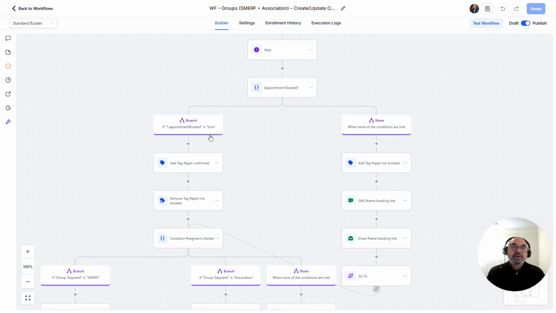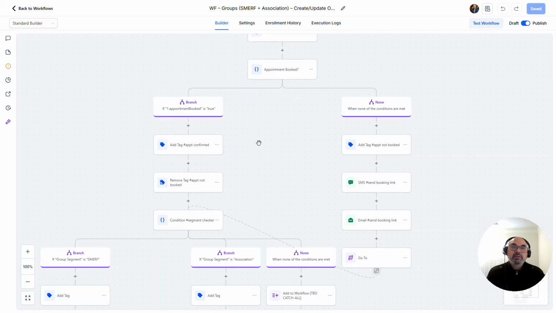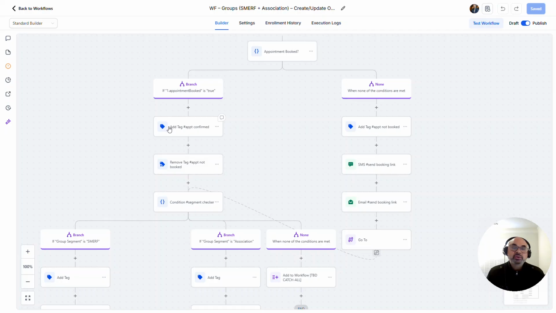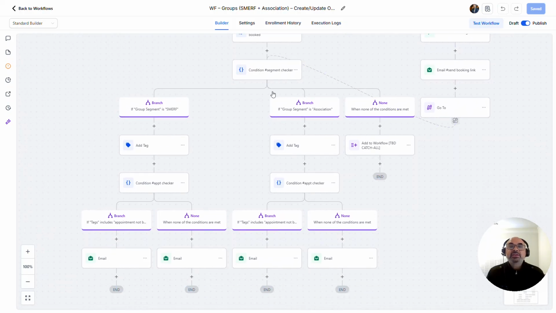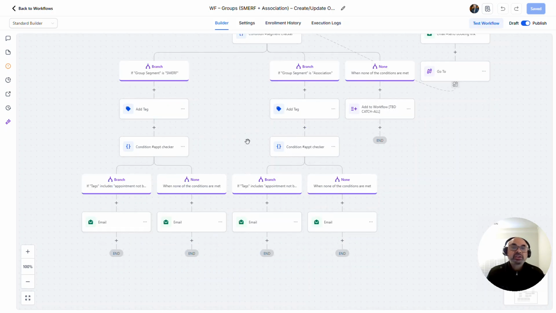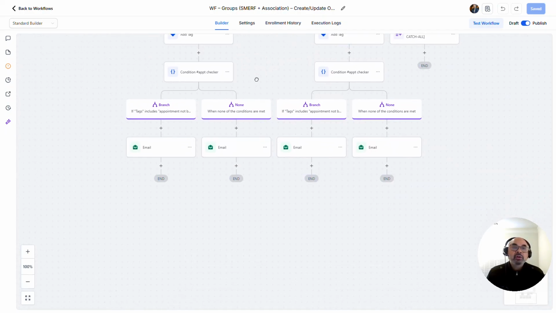So if they do book an appointment, if you just follow this path with me, we're always tagging appointment confirmed. We're doing all these other automations. Then it's going to check the segments, and you can see here, okay, was this a Smurf? Was this an association? Right? So it's tagging it. So when we go into the contact record, we know that this contact was a Smurf contact or they're an association contact. But let's just say it is Smurf. It goes down this path right here, and then it goes all the way down to here where it says,